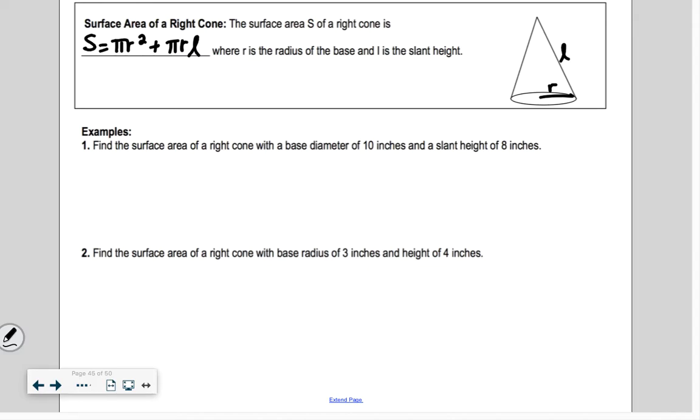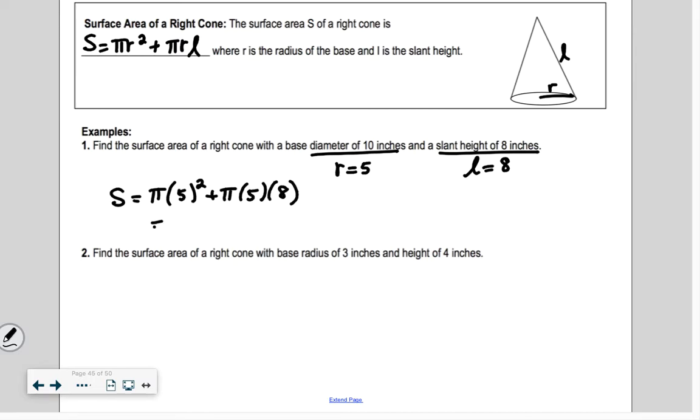Okay, so number 1, it says find the surface area of a right cone with base diameter of 10 inches. That means our r is equal to 5. And slant height of 8 inches, so L is equal to 8. So it's very easy. We end up getting pi r squared plus pi r L. Look how easy that is. So pi times 5 squared plus pi times 5 times 8. So I have 25 pi plus 40 pi. So my answer is 65 pi